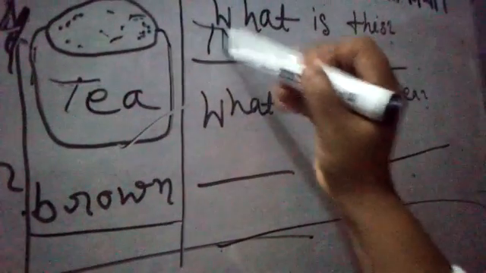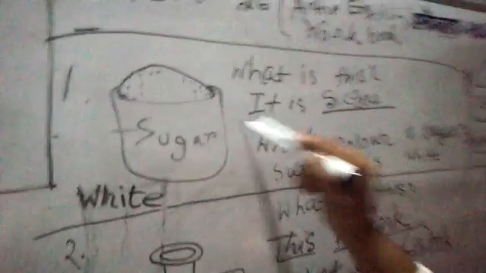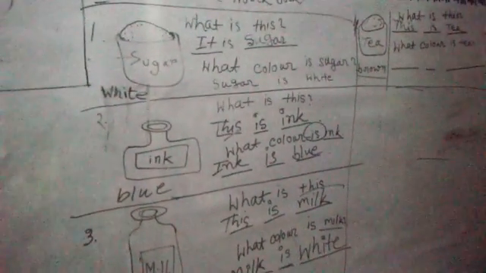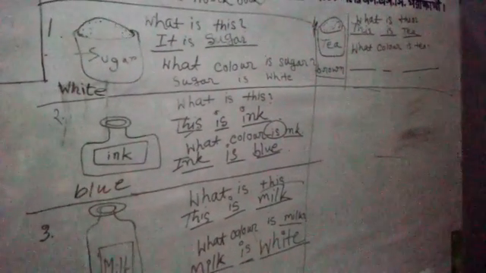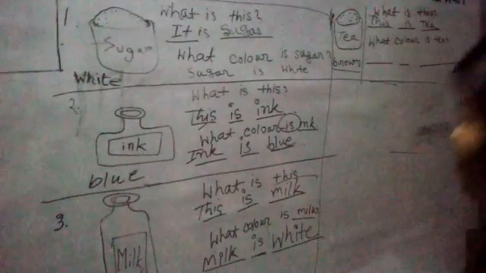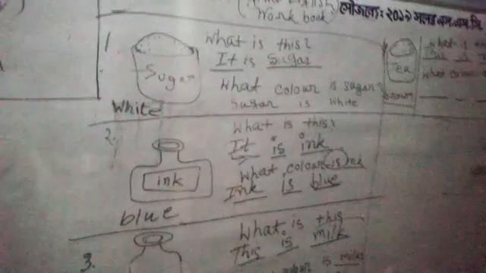this is tea. Now one thing you can ask me: earlier in the first one we mentioned the subject as it, but in the next ones you have mentioned this. There's no difference between this or it. Both are used for the third person singular number. But if you want, you can also mention it. If you think that it is to be used, you can also mention it.